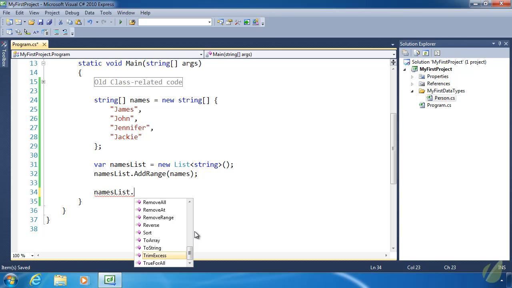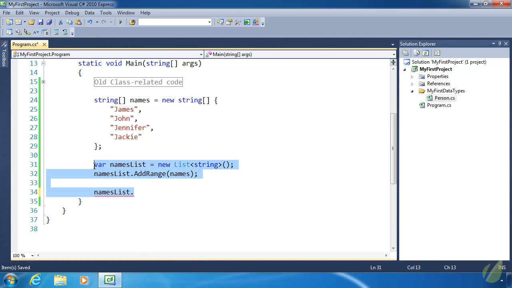And that's about it for the list. Of course, there's a whole lot more stuff that we could have gone into, but I just wanted to point out some of the key things that you might use throughout your code. And whenever we factor in LINQ to that, then there's a whole lot more stuff that you can do with it. So it is a very powerful class that you can use with your code instead of using arrays. It's basically arrays on steroids. Well, I spent far more time on lists than I really planned to, so let's say goodbye to lists and